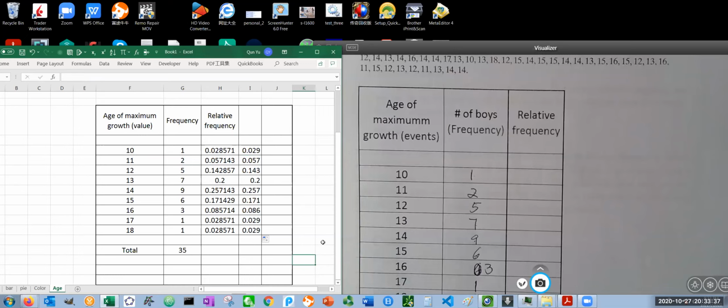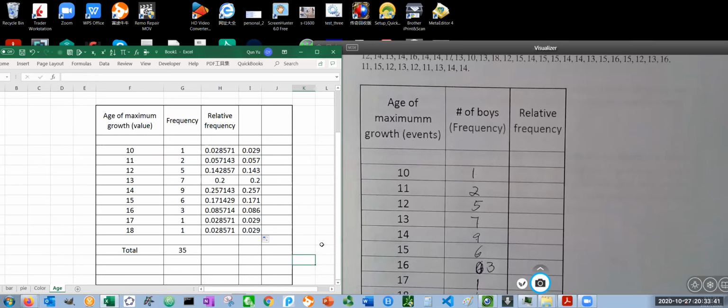So that's it. That's this section. And in the next video, we are going to talk about how to create bar graphs and pie graphs using Excel. So until then,